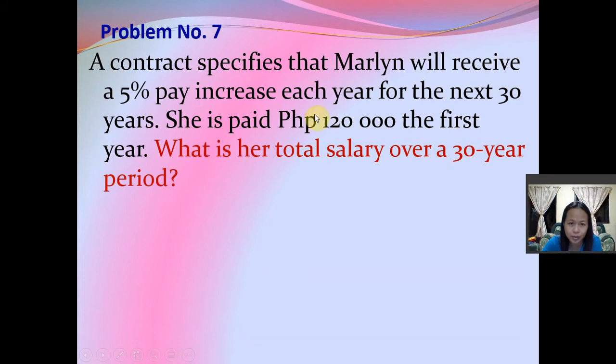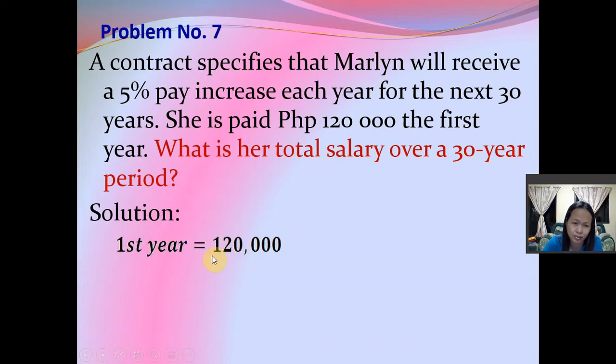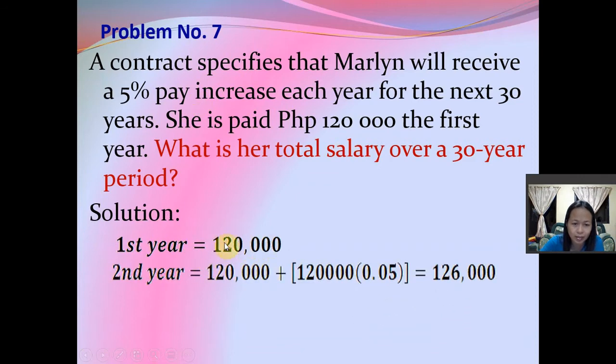Take note. In the first year of employment, she is paid 120,000. Then each year, this will be increased by 5%. Next, we are going to look for her total salary, the total salary she received over a 30-year period. So first, we are going to look for the first term, or the first year, that's 120,000. Since it is stated that there will be a 5% increase each year, for the second year, her salary will be